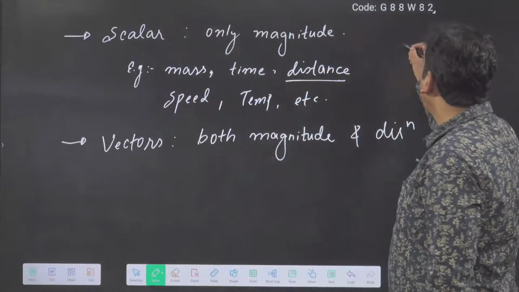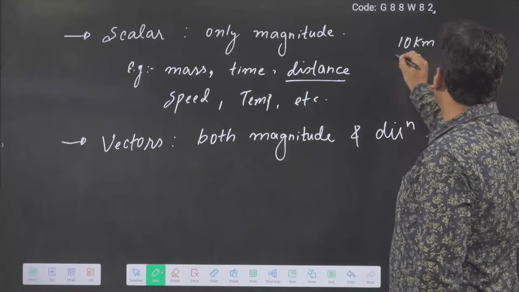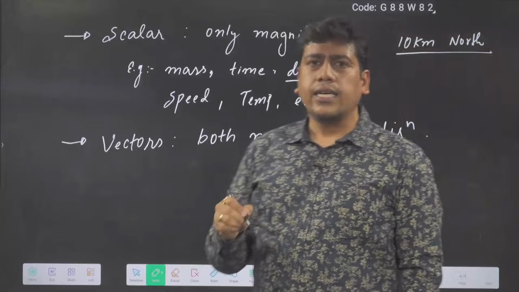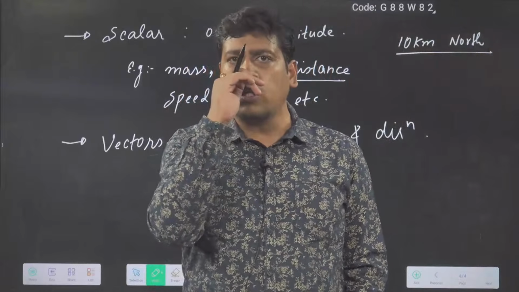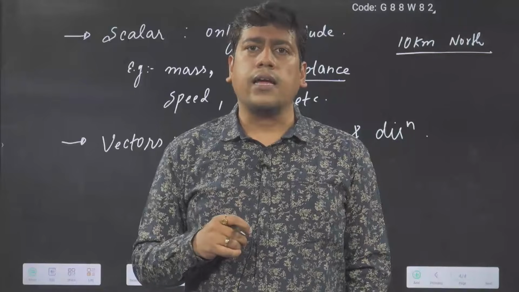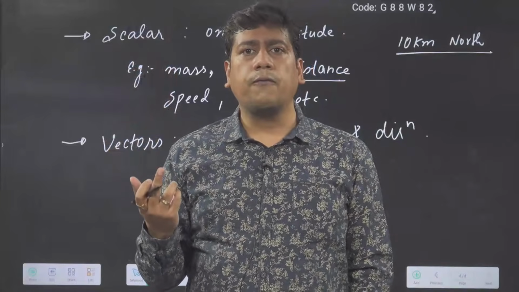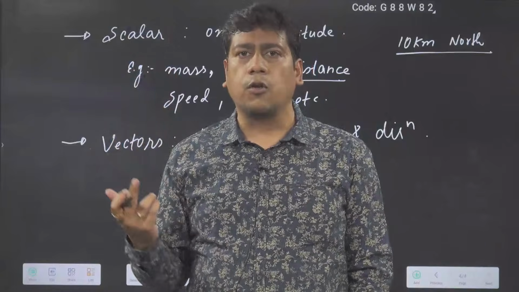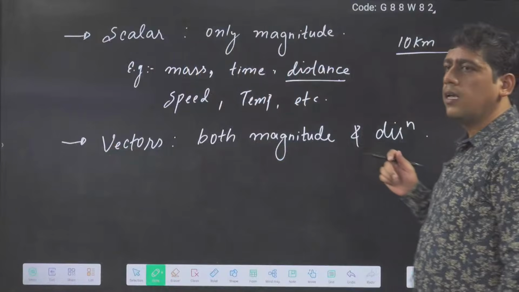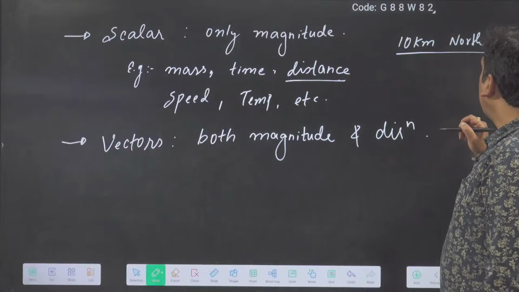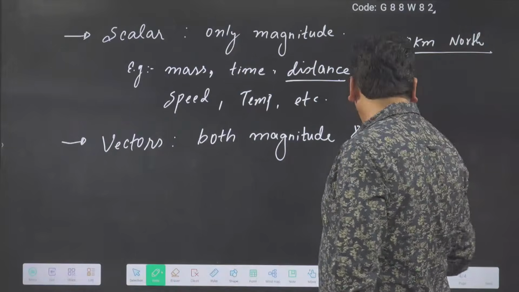So you can say, sir, go 10 kilometer north. Let's say the railway station is on the north side here. So you can say, sir, 10 kilometer north you go, then you will reach the railway station. You can't say, sir, move 10 kilometer from here. Then I will be confused. I don't know in which direction 10 kilometer you are asking me to go. Correct? Okay. Now, similarly, if I ask you another question, if I have to throw a projectile,